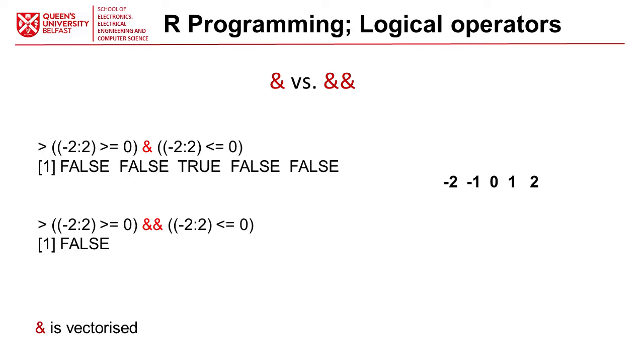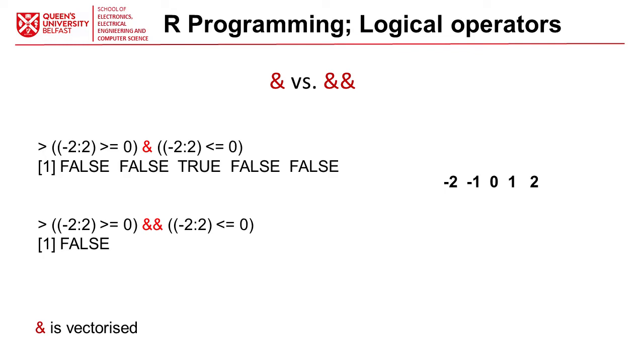So let's say we have a conditional expression: -2 to 2 greater than 0, ampersand, -2 to 2 less than 0. We know that -2 to 2 creates these vectors, yes? So it's going to see if this is true and this is true or false, versus the double ampersand. Okay, so as you can see here